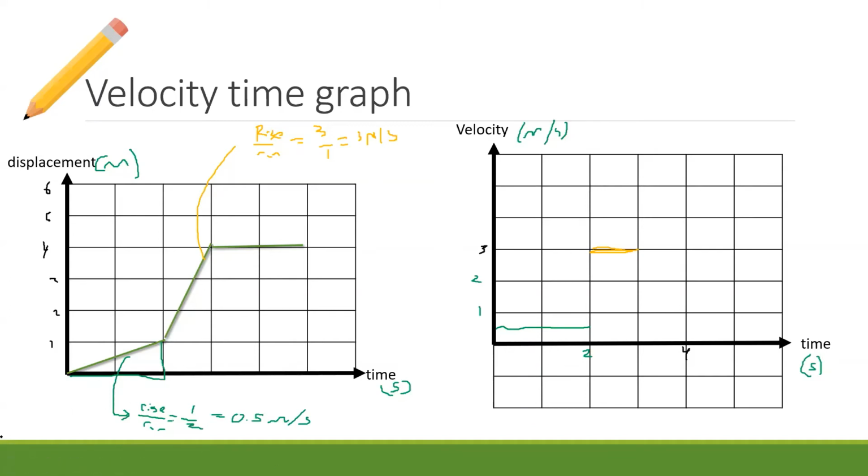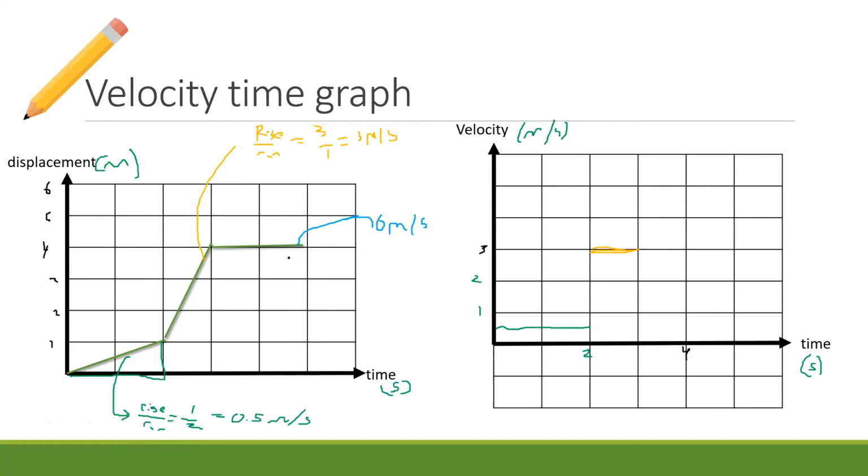Okay, for this line here, let's go with blue. So for this line here, we've got a rise of 0. So the speed for this one, I don't even need to check it. The speed for this one is 0 meters per second. I can tell it's 0 meters per second because the distance isn't changing.